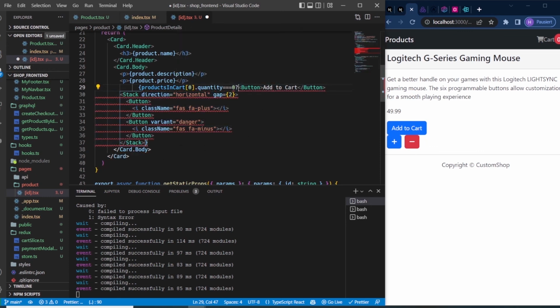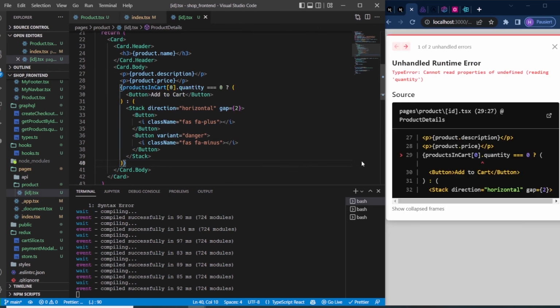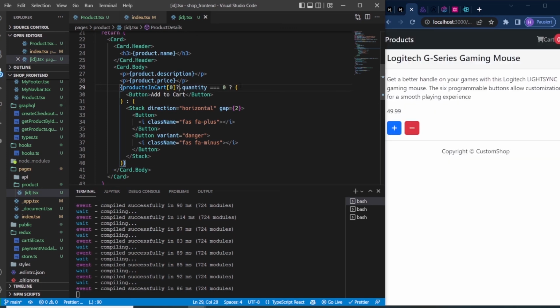And let's also wrap this Add to cart button in parentheses. And then otherwise, we want to display this Stack thing here. And let's close the parentheses before this closing curly bracket here, like this. And it might be possible that we have 0 products in the cart, right? So we must put a question mark here. And now, beautiful. What you see now is